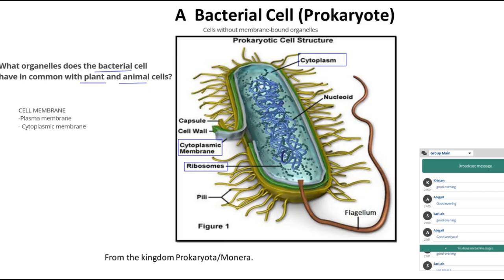So those are structures that all three of them have in common. So cytoplasm, the cell membrane, the ribosomes. So then you will notice some differences. So what exactly is this nucleoid? So it looks almost like the word nucleus, but it isn't a nucleus because we know that a bacterial cell doesn't have any membrane-bound organelles, and a nucleus